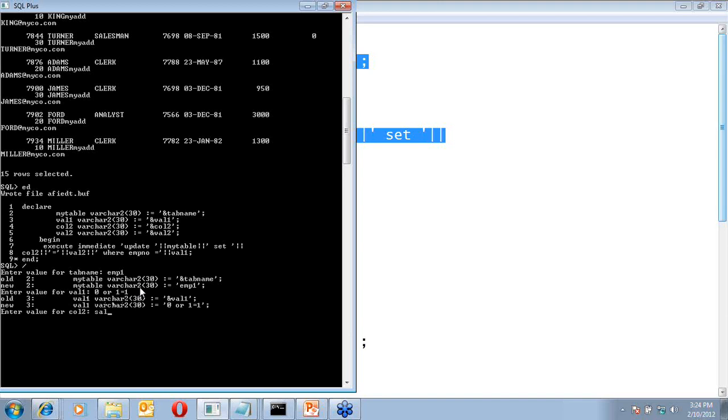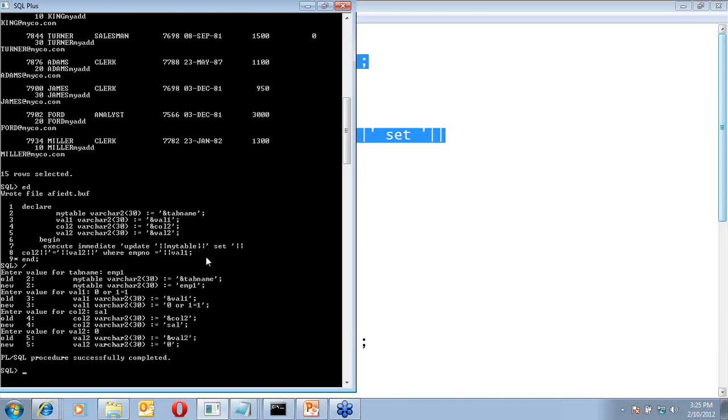I am allowed to change only my address and email, but I try to change my salary, rather the salary for everybody here, because you see the condition I have given is 1 is equal to 1, which will be embedded in the where clause. So it will happen for all the rows.